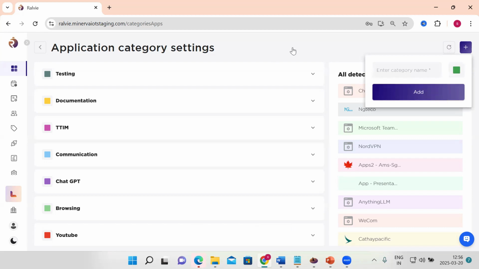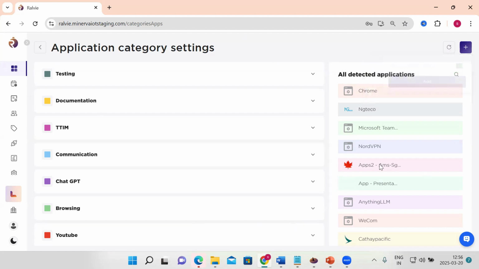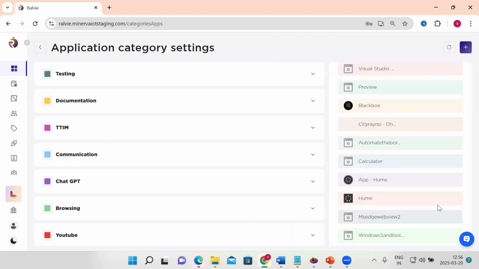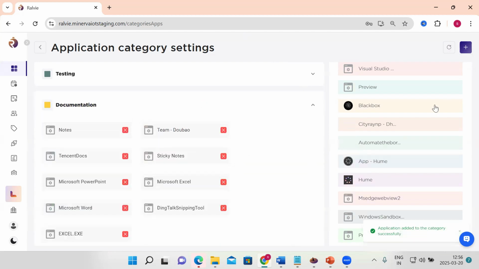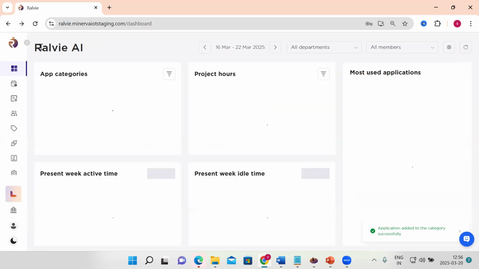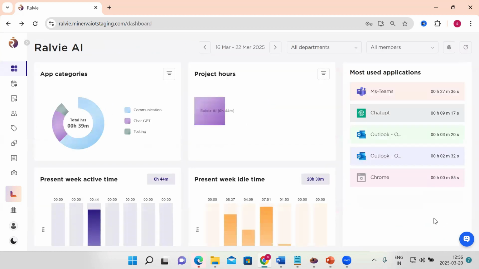Once you have created it, you can relate any of the event applications to it. For example, if I want to mention that anyone using the calculator should be defined under the documentation category, I can just drag and drop it to the concerned category like this. Once it is added, whoever is spending time on the calculator will be defined under that documentation